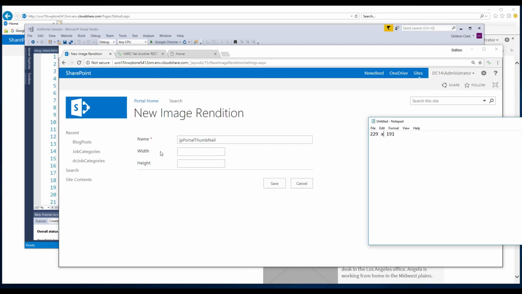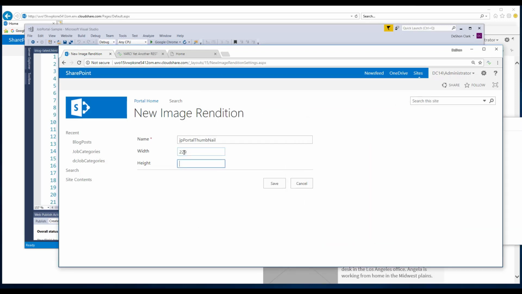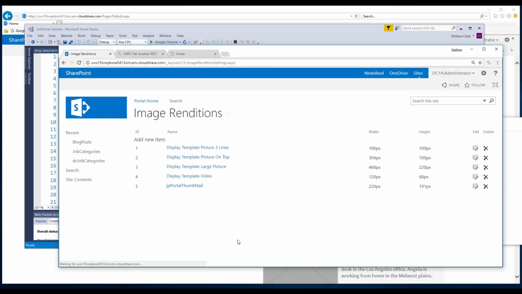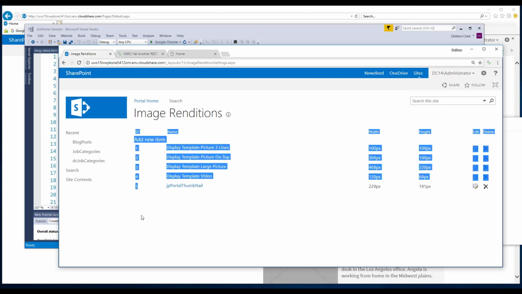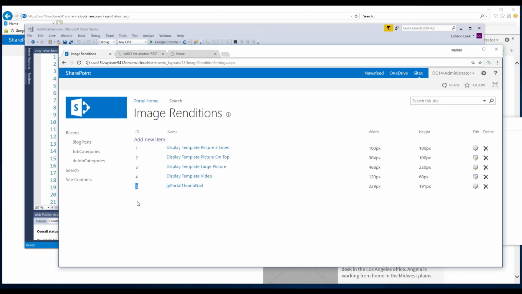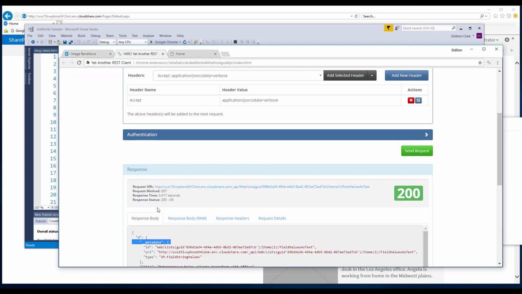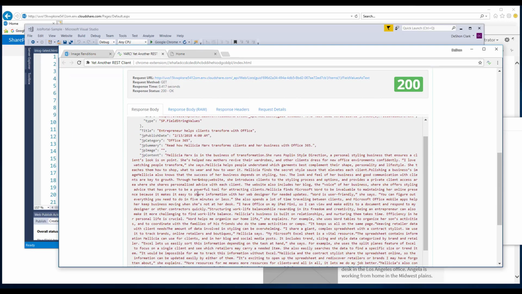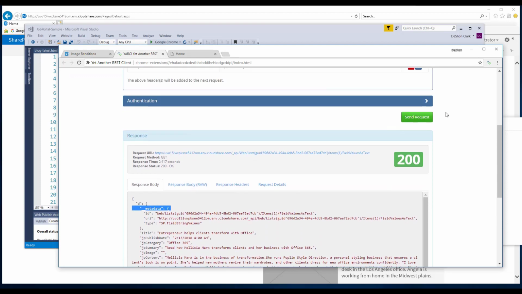So 229191. And you do not do the pixels here, just put the number, and it will automatically add the pixel there. So it's going to display what it's going to be using. And so our ID here is going to be 5. So the query string parameter, and we've seen this, if we